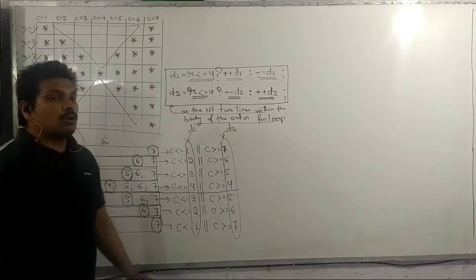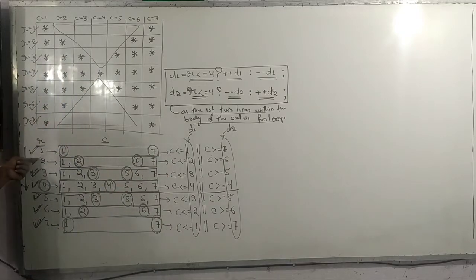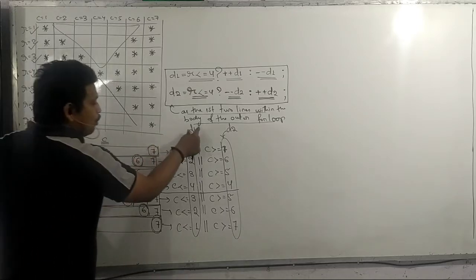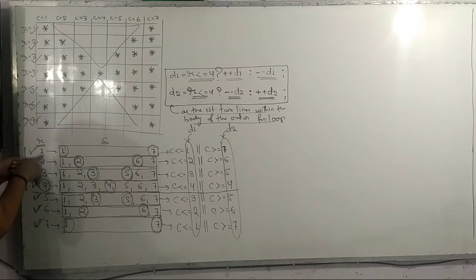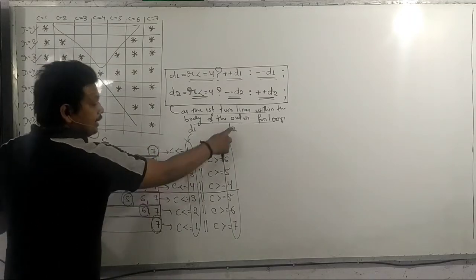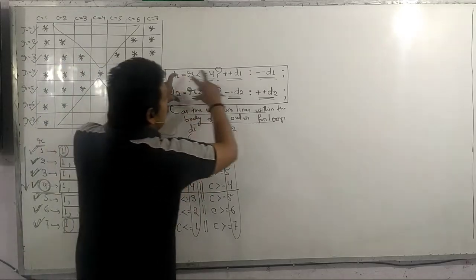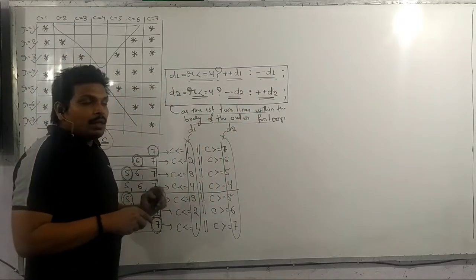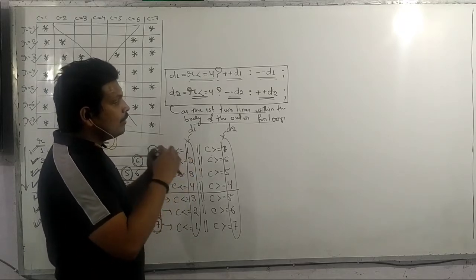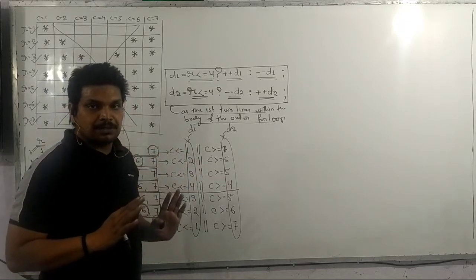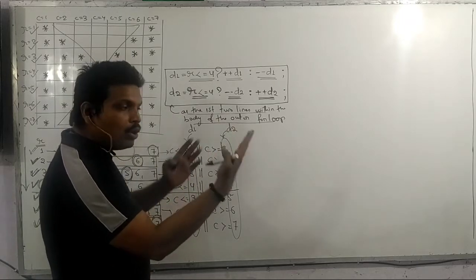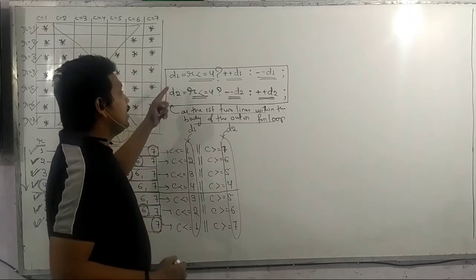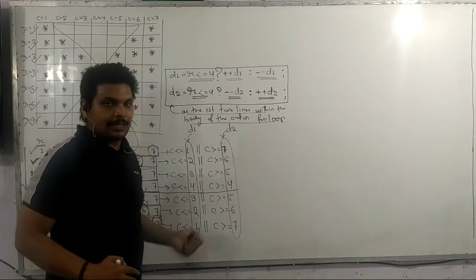ठीक है? क्यों? Because when the value of R is modifying from 1 to 2, we should modify the values of D1 and D2 also. है ना? जैसे ही R का वैल्यू 1 से 2 हो जा रहा है, D1 का वैल्यू भी चेंज हो जा रहा है, D2 का वैल्यू भी चेंज हो जा रहा है. इसलिए ये दो लाइन को हम लोग कहाँ लिखते हैं? जस्ट आउटर फॉर लूप का बॉडी का पहला टू स्टेटमेंट वहीं पे लिखते हैं, ठीक है, ताकि जैसे ही R प्लस प्लस हो जाए, R का वैल्यू मॉडिफाई हो, वैसे ही कंट्रोल घुसते साथ ही D1 और D2 के वैल्यू को मॉडिफाई कर दे। क्लियर?